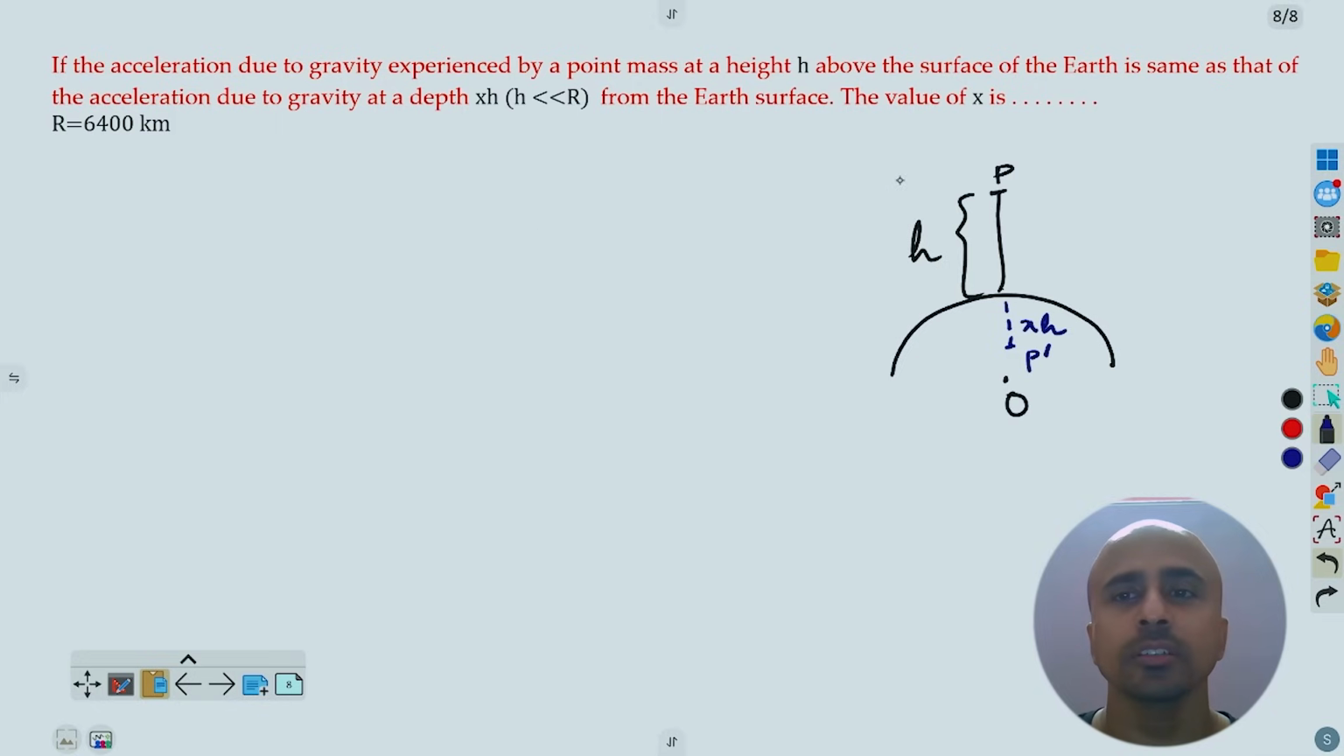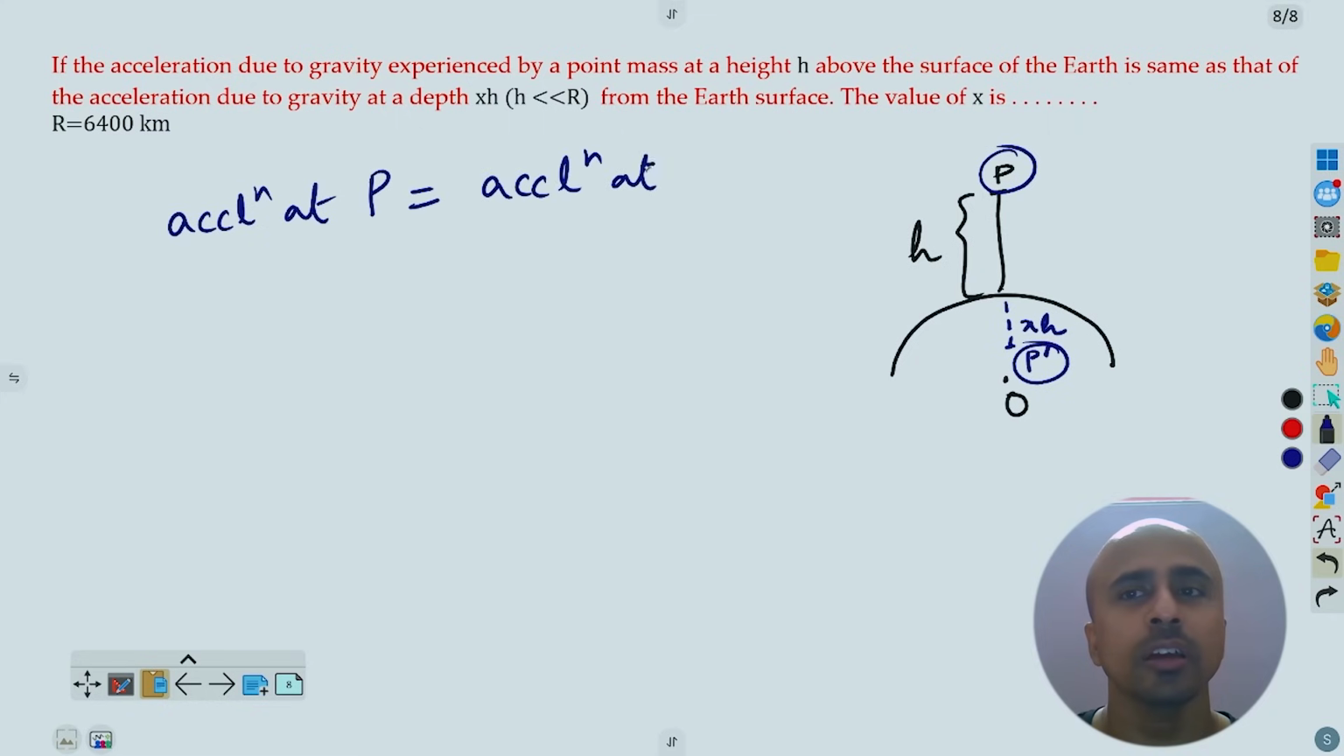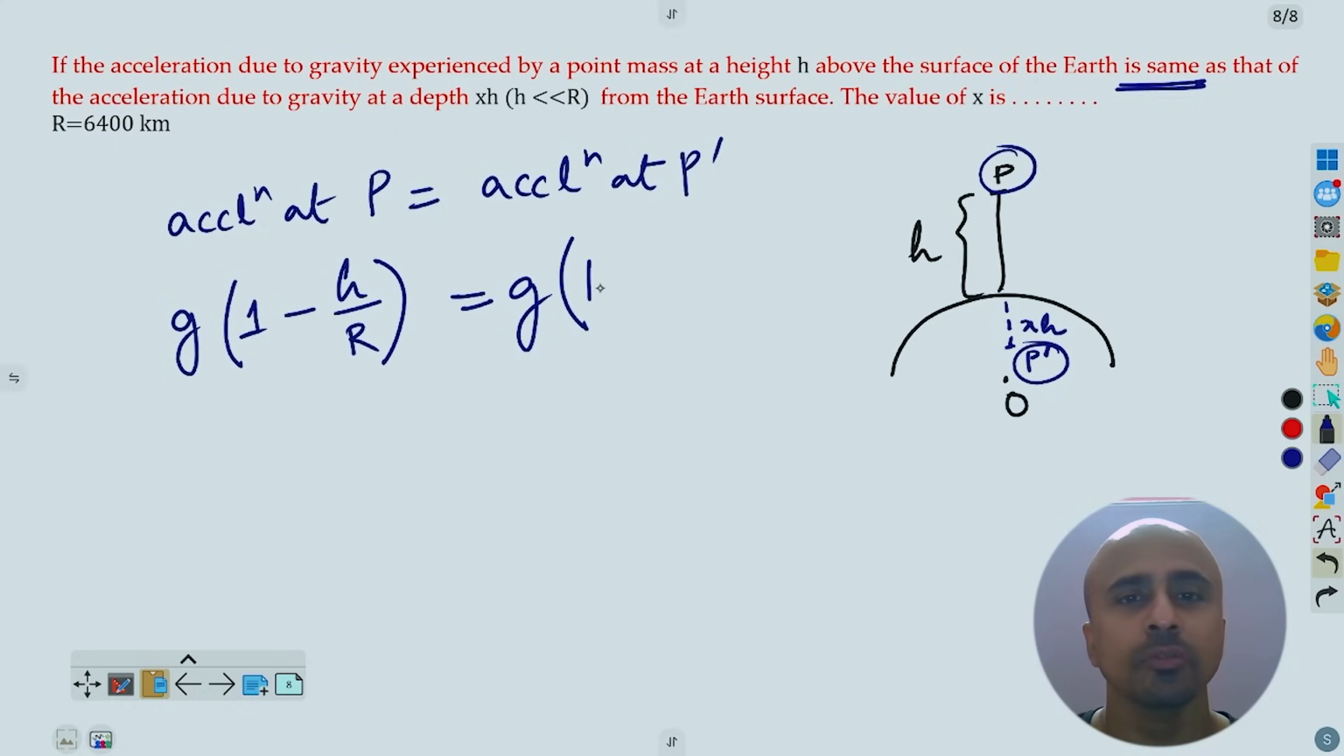So the thing is, the gravitational acceleration at P and the acceleration at P dash are equal. So acceleration at P equals acceleration at P dash, because they are the same. Now what is the acceleration at P? It is the standard formula. This is basically 1 minus h by r, right? And acceleration at P dash is 1 minus depth, which is xh, sorry, it will be 2h by,